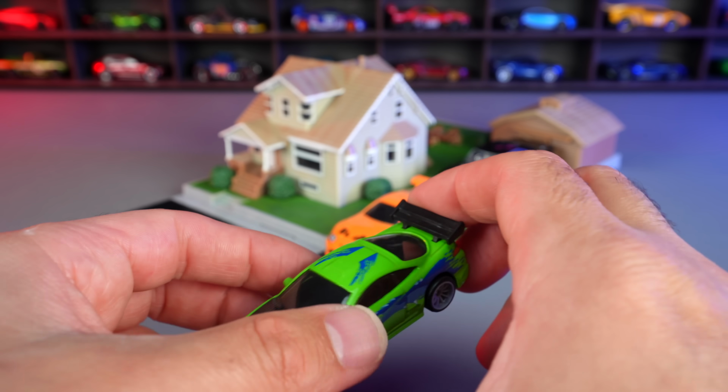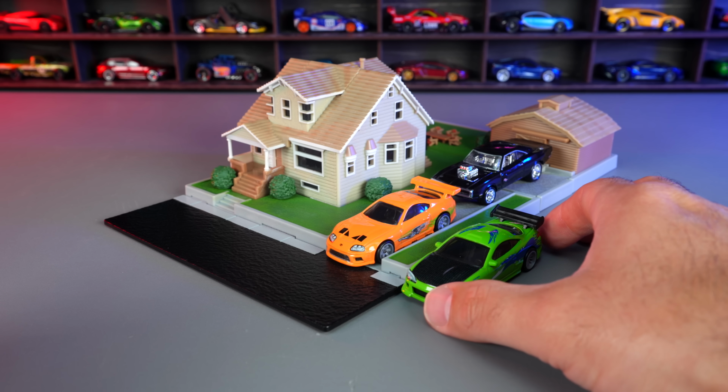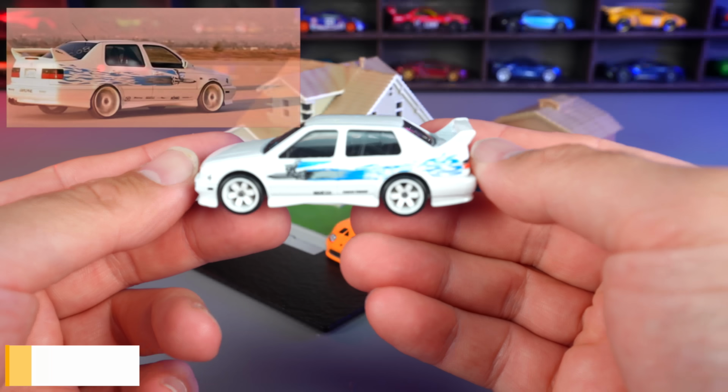And we'll put that one, how about we put that one right beside the Supra right here, because some of the other cars belonged in the front. Next one I think we should do is Jesse's